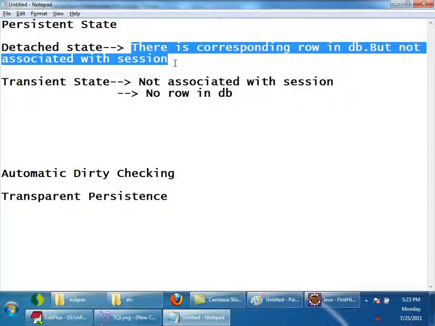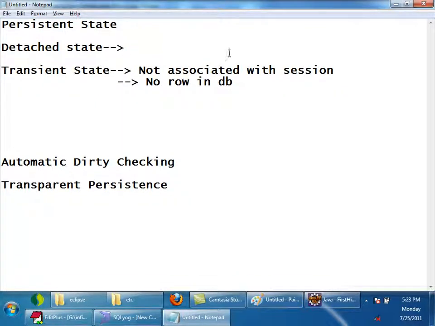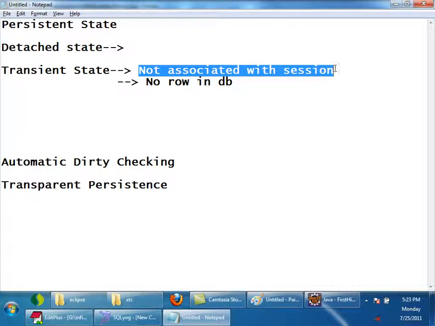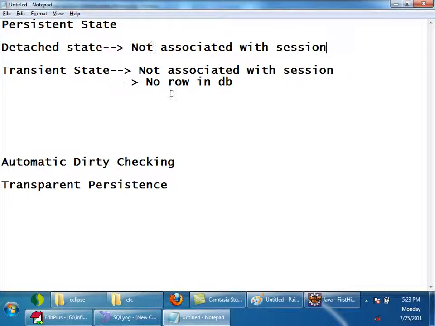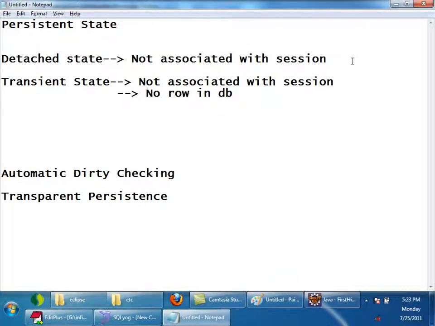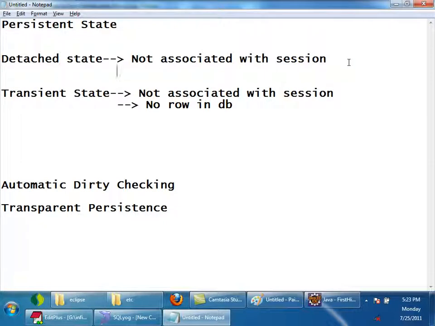But for detached, is the detached entity associated with any session? Detached means not associated. Is there a row in the database? Yes, the corresponding row is in the database. That is the difference. Okay, these are the important three states.